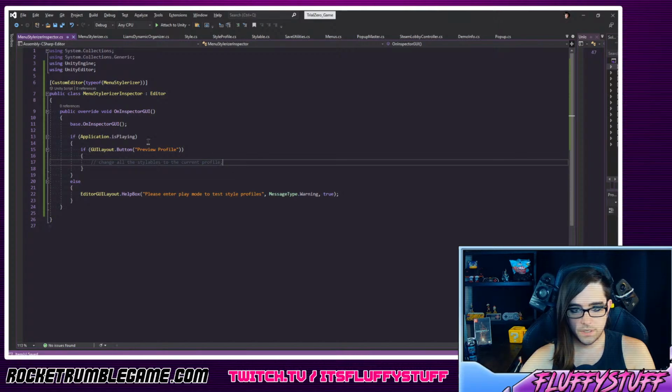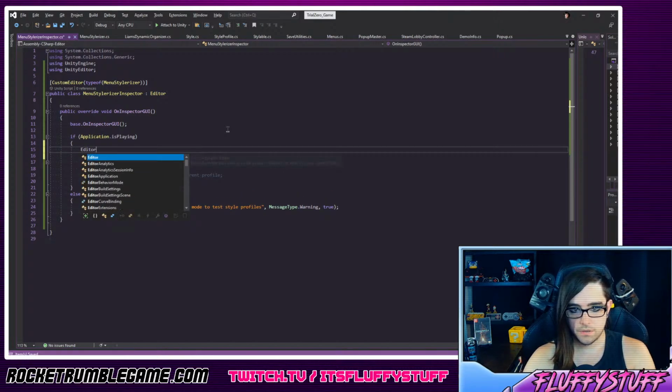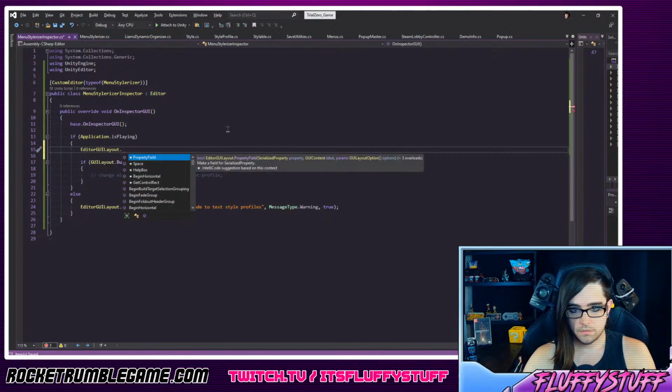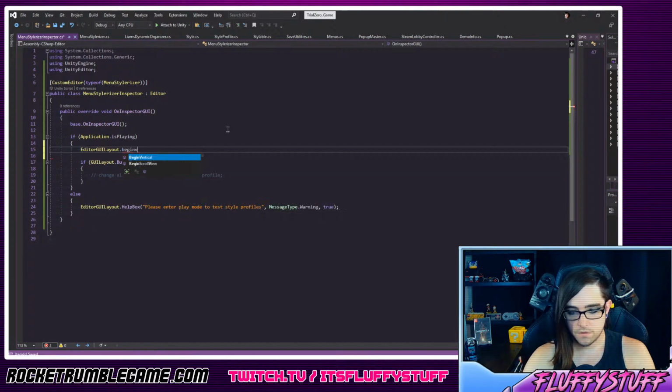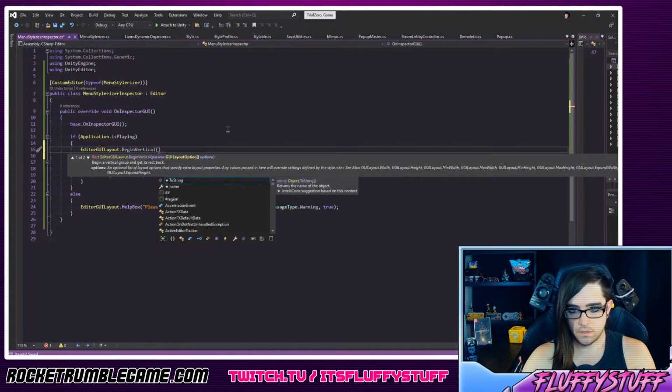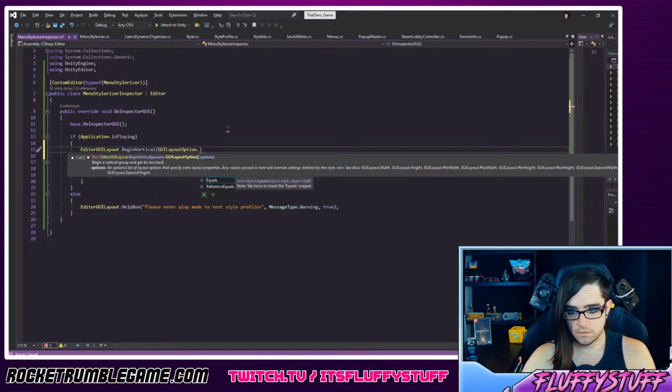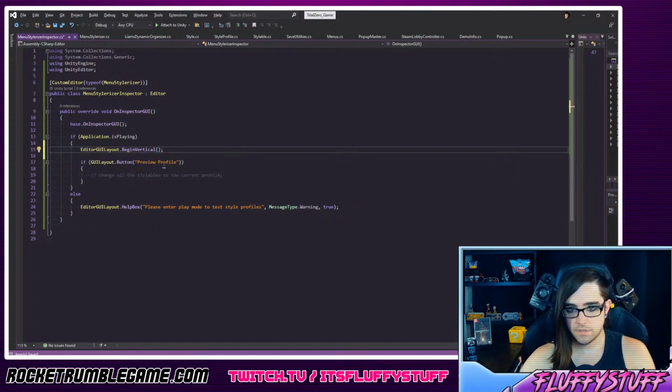Okay, so like I was saying, now what we want to create is not only a button, but also a drop-down box here. So first what we're going to do is another EditorGUILayout, and I'm going to have this be like a vertical scope, or, yeah, BeginVertical, and layout options. I forget how to set the style. I have done this before, but